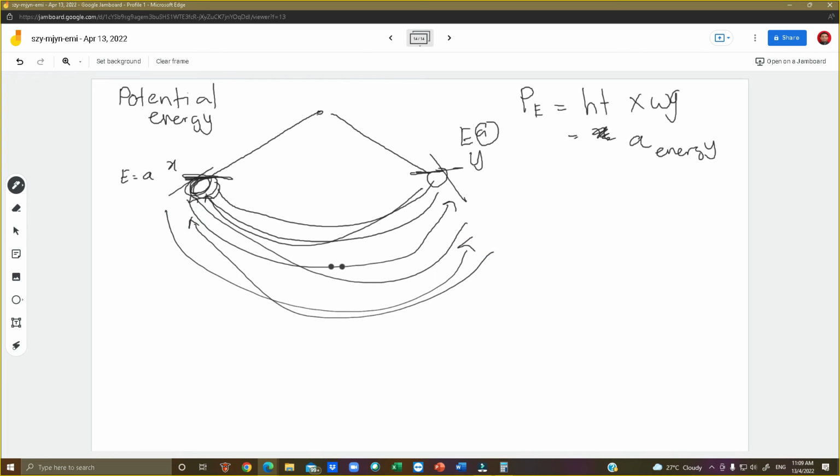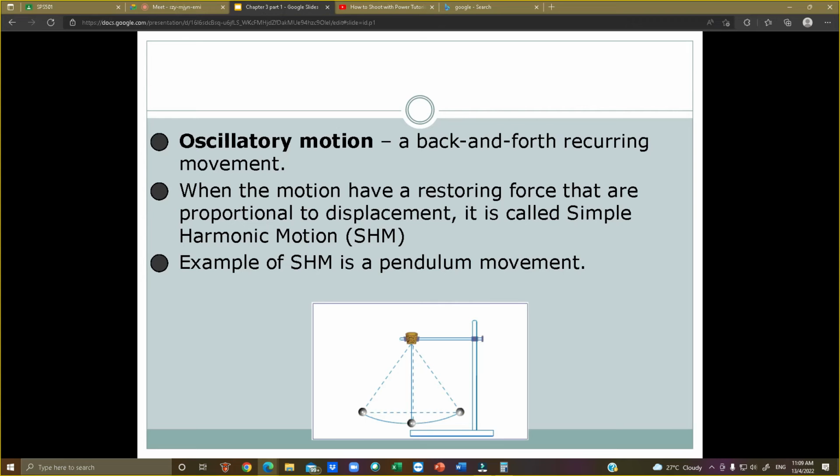Why can it go to the same place? Because the amount of energy is equal. When it reaches the end point, the amount of energy stored inside the object is equal to the energy at the static point. So it will go the other way and recharge, being recharged by height. That is potential energy, and this is what we know as oscillatory, the motion forth and back, or another name for it, simple harmonic motion.